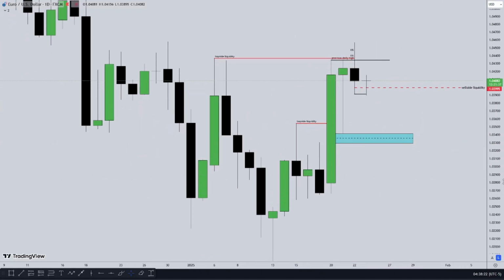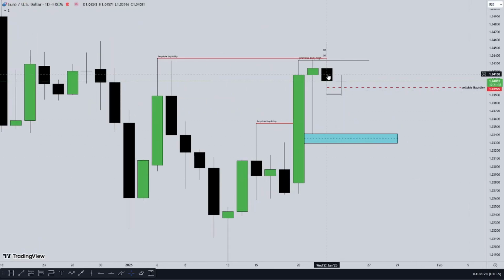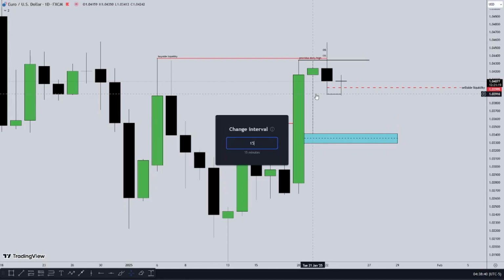So on the daily time frame, on Wednesday, price ran out Tuesday's high. After the run on Tuesday's high, going down into lower time frame from the 15 minutes, we saw a shift in market structure and we targeted liquidity, a 15-minute liquidity on a discount level. On the 15-minute time frame,